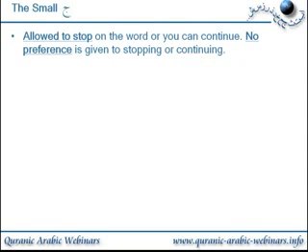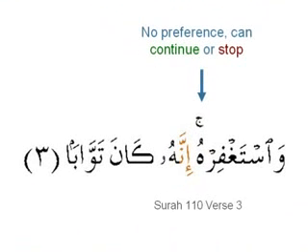Then we have the small jim symbol. Allowed to stop on a word, or you can continue. There's no preference given to stopping or continuing. Example of this is Surah 110, verse number 3. So here we have the little jim, and if we were to stop, we would read this as